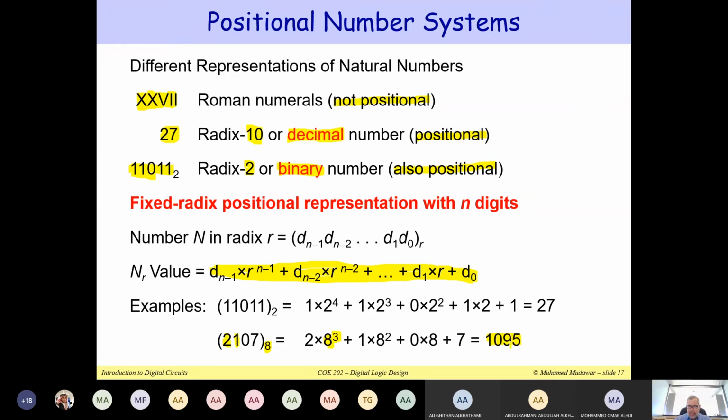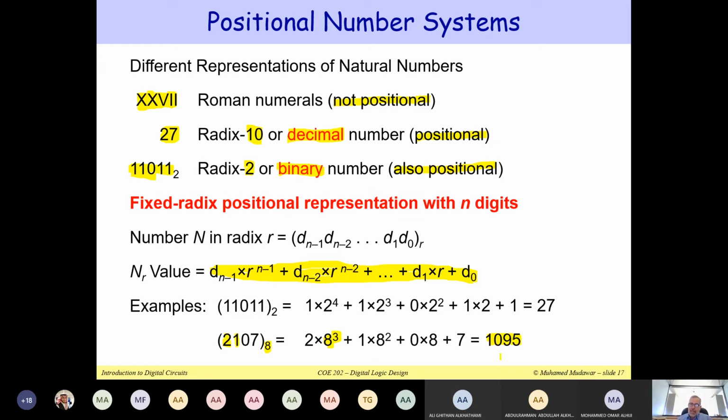So this is in decimal. When we say 1000, it means 1 multiplied by 10 to the power 3. When we say 95, this 9 is multiplied by 10 to the power 1, and this 5 is just a 5. Notice that there are 0 hundreds. This is the importance of the 0. If there are no hundreds, we write a 0 at this position. So it's 0 multiplied by 100. So it's 1095, there are no hundreds here. Is this clear?